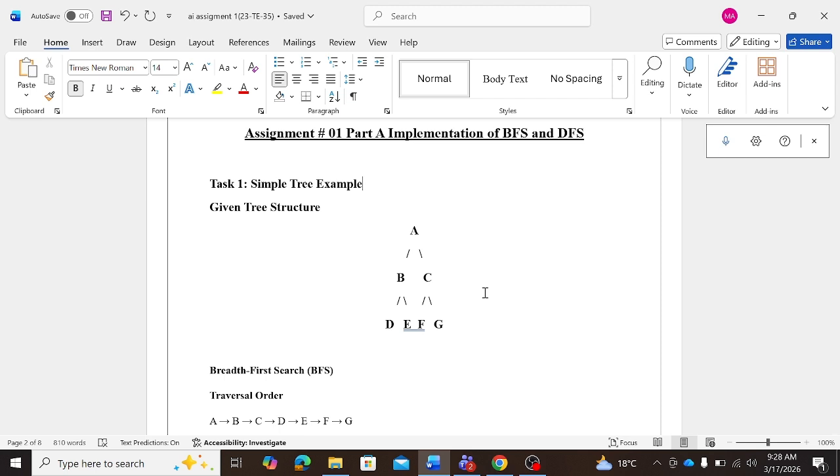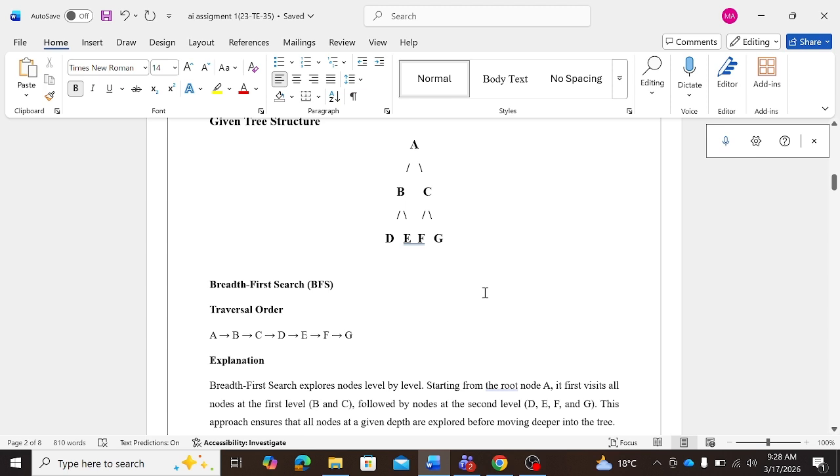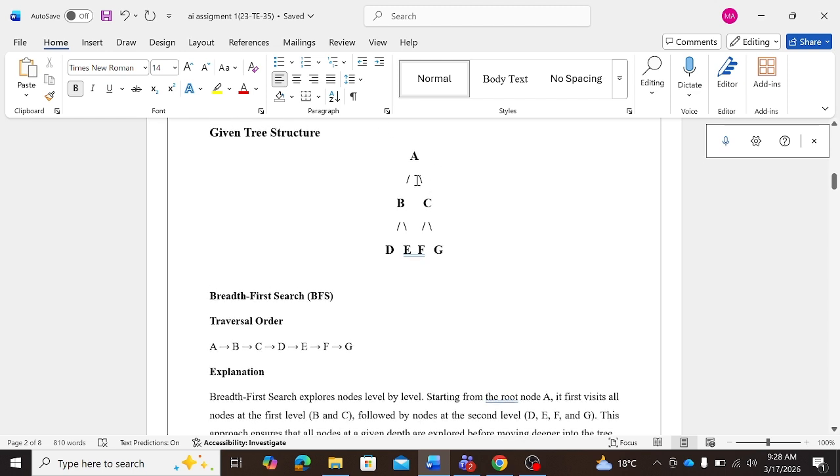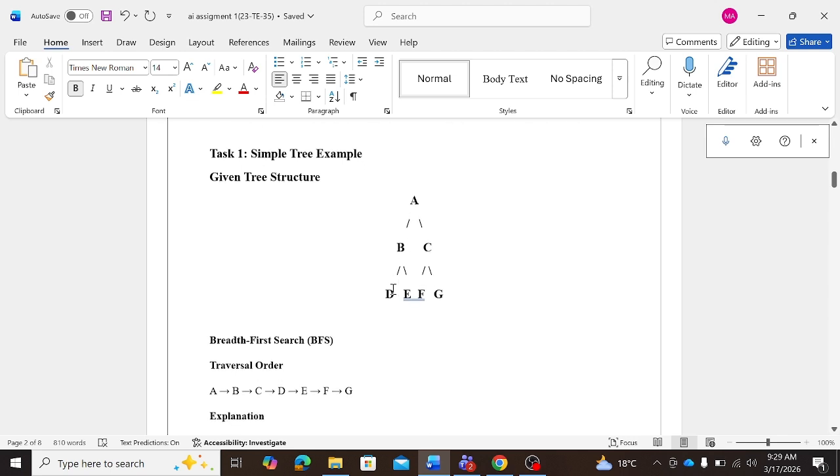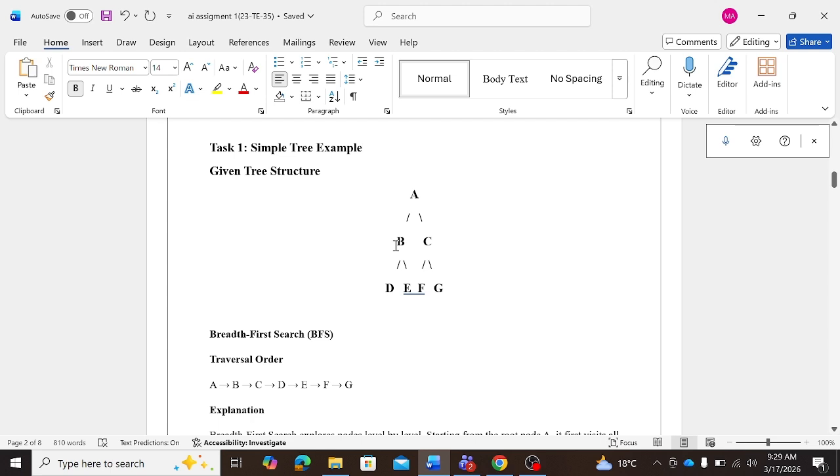In this method, we go in the form of levels starting from the root node A and then move horizontally. In this scenario, in graph 1, we have the root node A and it has no subroot node, so we skip it and go towards the next level, which is B. In this level, first of all, we will add B in our order and then we will add C, and